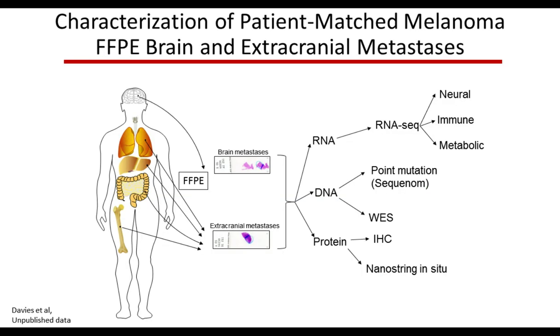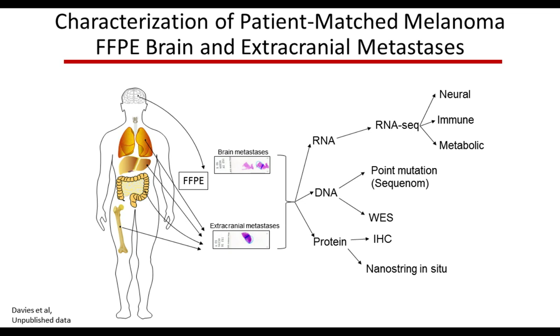Now again, those studies were conducted with OCT-embedded frozen tissues, and over time we've seen a rapid expansion in the capabilities of multiple technologies to work with FFPE specimens, which really opens up a large number of specimens for analysis. We've collected a cohort of 98 brain metastases from 84 patients. We've used these tissues to isolate DNA and RNA. The results of those analyses will be presented at the 2018 AACR annual meeting for those of you who are interested.